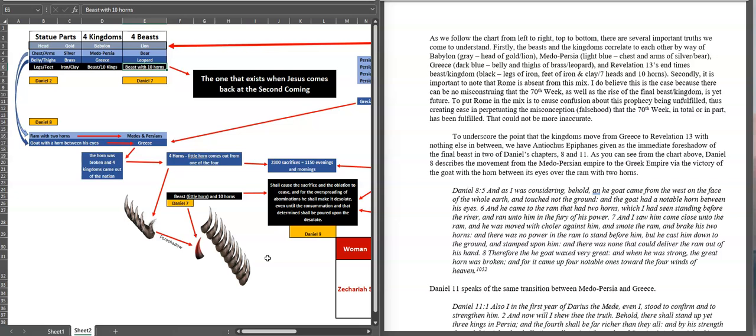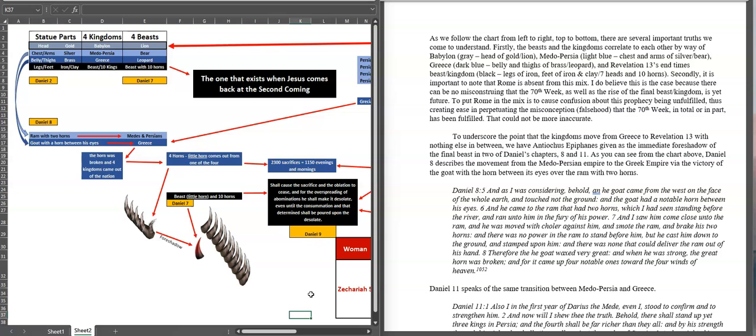And many people have tried to insert it, and that's why we have a whole bunch of people thinking that part of the 70th week or all of the 70th week has already occurred, that it was related to 70 AD or something like that. Rome is not in here. And this, to my way of understanding, is the reason why. So it cannot be misconstrued. I mean, people tried to misconstrue it, but just because people think a certain thing doesn't make it right.